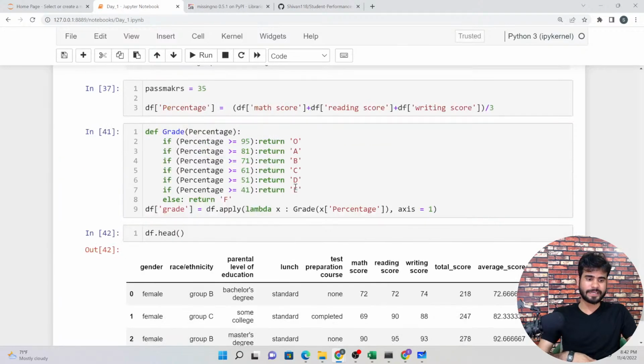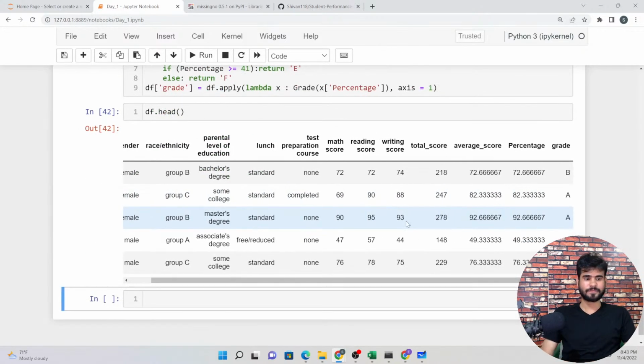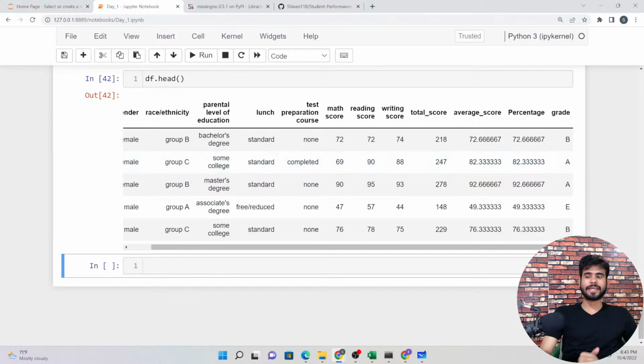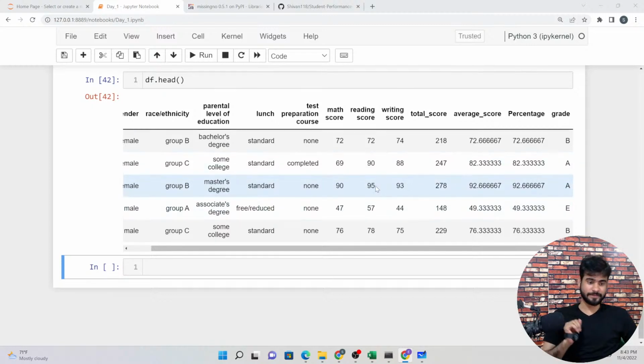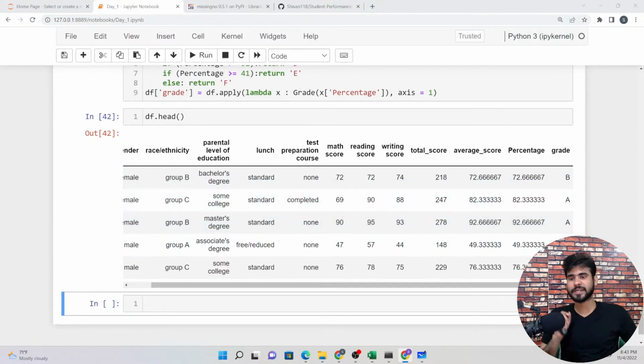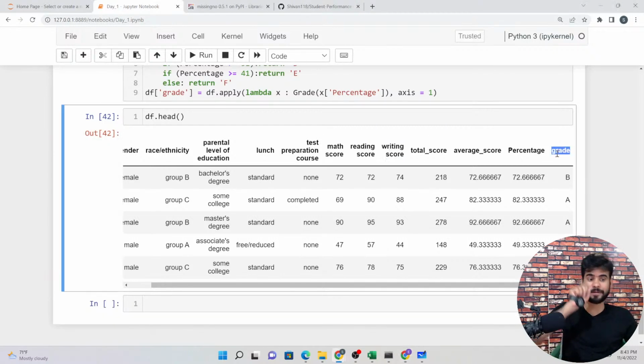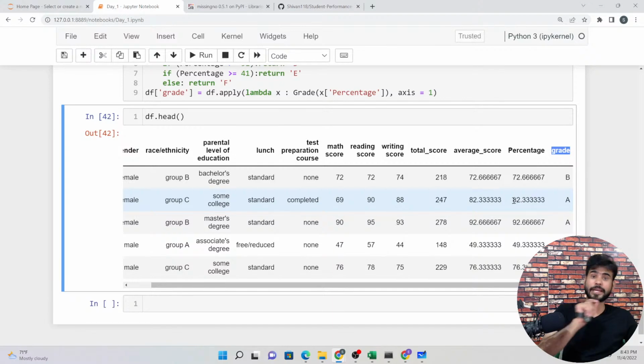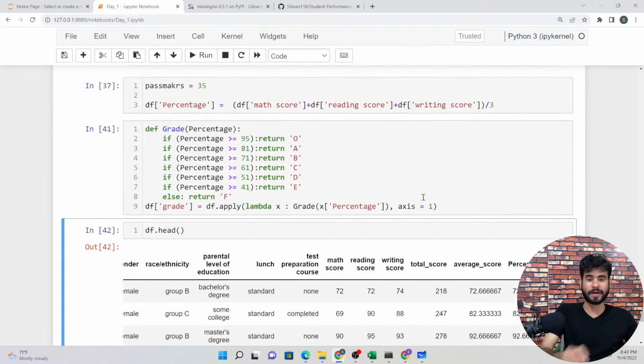A little bit of mistake. Now you can check it out. As you can see, we are getting the grade here. I hope you got it right. We have created one more feature, grade. Based on their scores, we can say these people will get the A grade, B grade, C grade and D grade. As you can see, I have written the condition: if the people have 81 plus marks, they will get A grade.